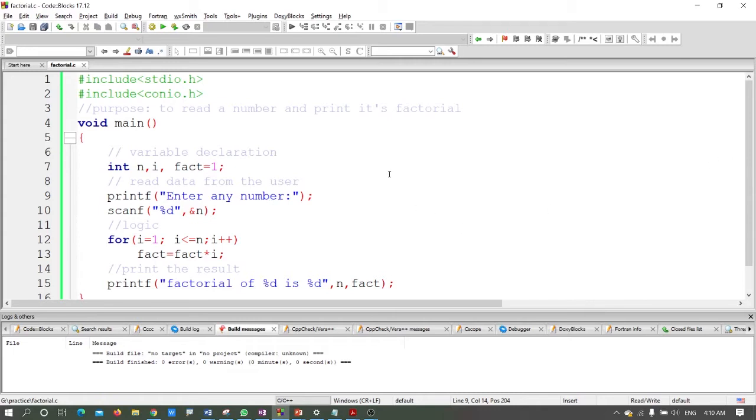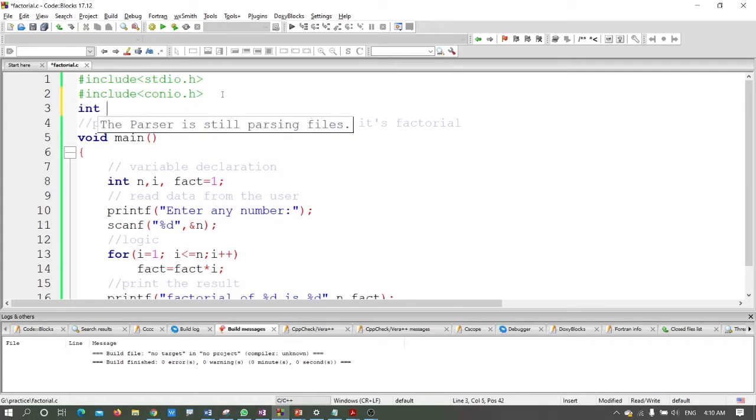So I want to add something in this program, and I want to find a factorial of a number by using a function. If you are using a function, you must keep in mind three things: function declaration, function definition, and function call. So first I want to declare a function, which is int